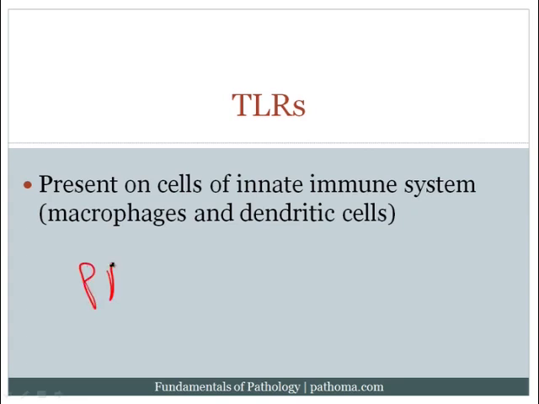PAMPs, pathogen-associated molecular patterns. These are patterns of molecules that are present on pathogens, and they're commonly present on pathogens. And the toll-like receptors recognize these general patterns, and when they see this pattern, that lets the body know that there is an invader present within the body, and that turns on the acute inflammatory response in this